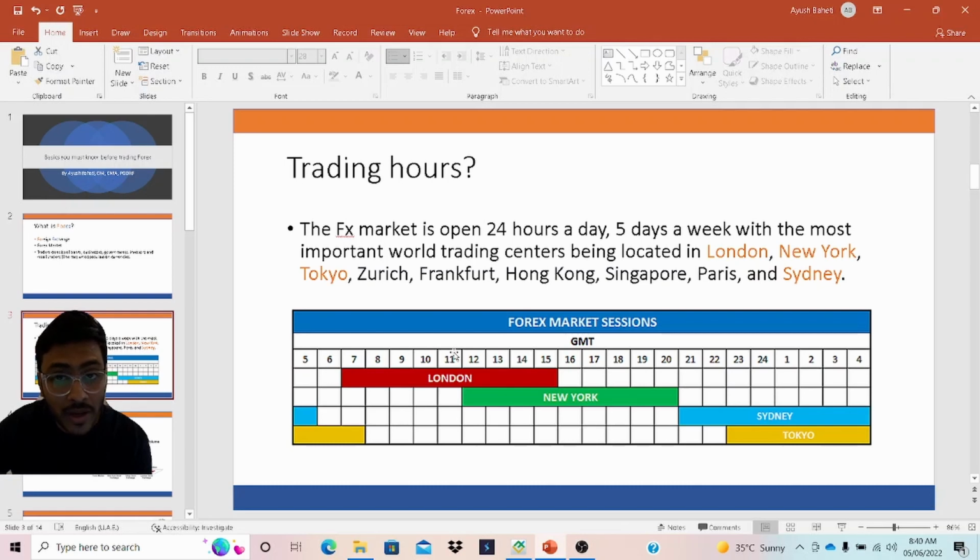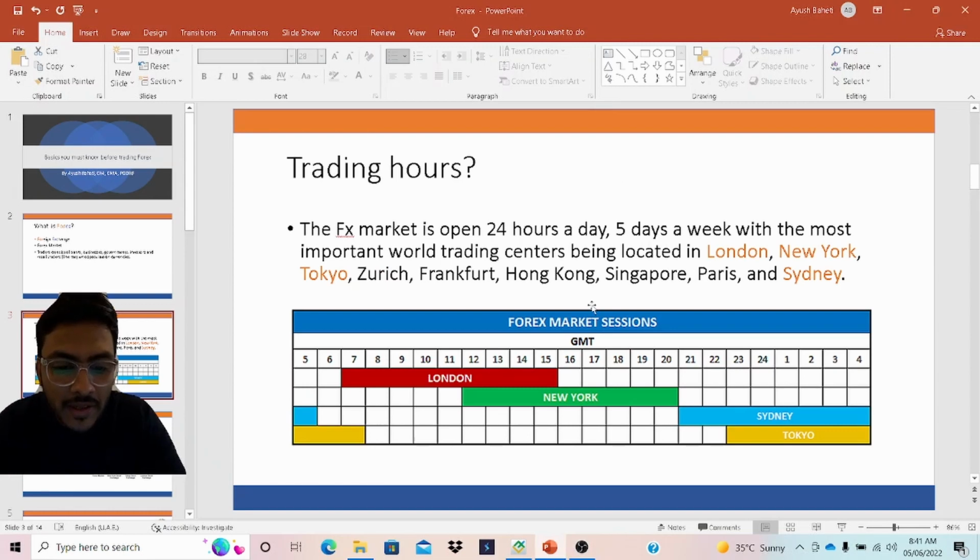But one important point to understand is what are the trading hours where you may find the market to be liquid, or trading hours where you may find the highest level of activity from market participants in terms of buying and selling currencies. That is when the London market and New York market overlap each other. These timings are on the basis of Greenwich Mean Time. For example, UAE is 4 hours ahead of GMT, so from 4 o'clock to 7 o'clock, you may find the market to be most liquid.